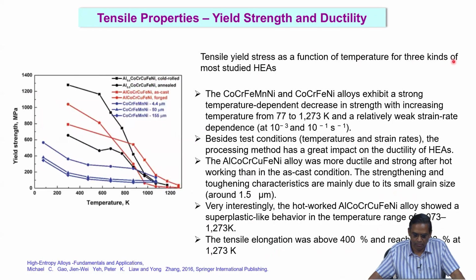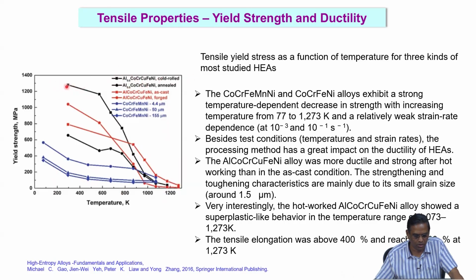So, the tensile yield stress as a function of temperature for three kinds of most studied high entropy alloys is shown here. This is the yield strength and this is the temperature. You can see that you have three kinds of high entropy alloys. One is annealed, one is cold rolled and another is as cast. So, these three are as cast and forged, and then with three different grain sizes also shown here. So, what is most interesting is